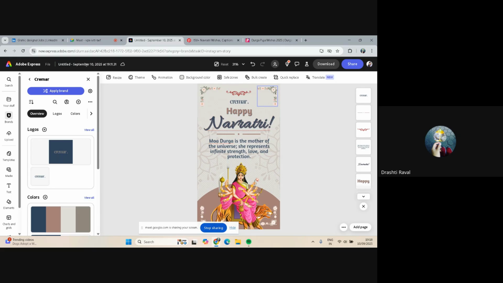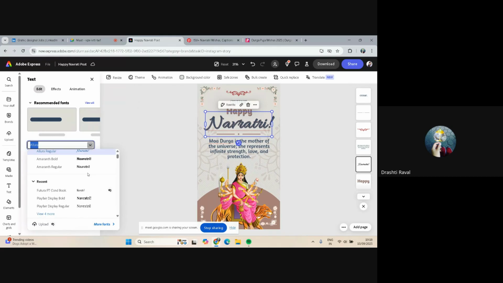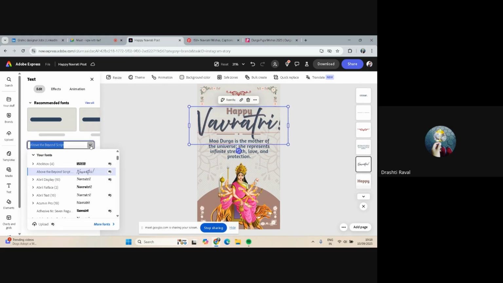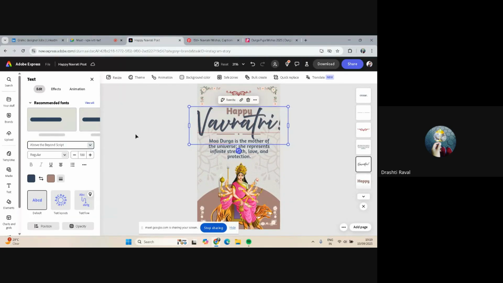We will save this as Happy Navratri post, and you can even change these fonts also. You can select other fonts from your font section for Happy Navratri, and you can change that also. You can take other creative fonts from here, and you can change that also. And if you don't like,